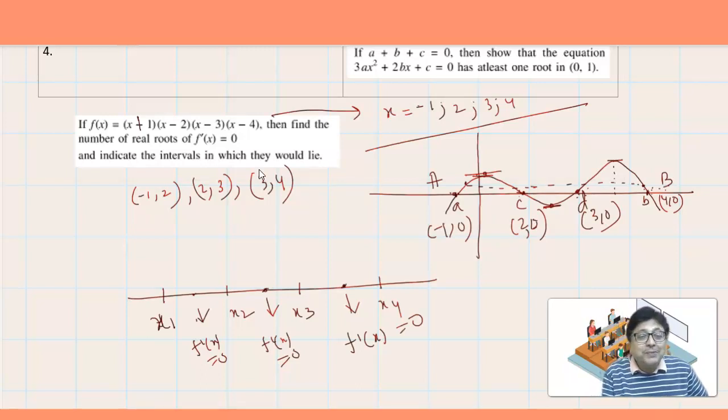These are roots of f(x). How do you get roots of f(x)? By comparing it to 0. If you put this thing equal to 0, you are getting x = minus 1, 2, 3 and 4. I showed you earlier. So if those roots are taken here, minus 1, 2, 3 and 4 like that, then as I told you